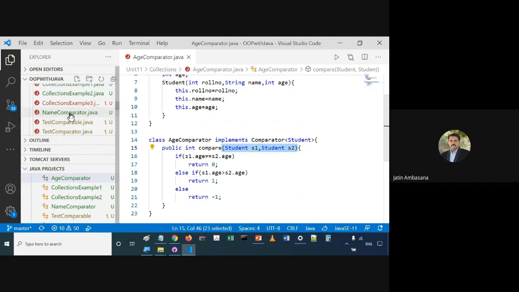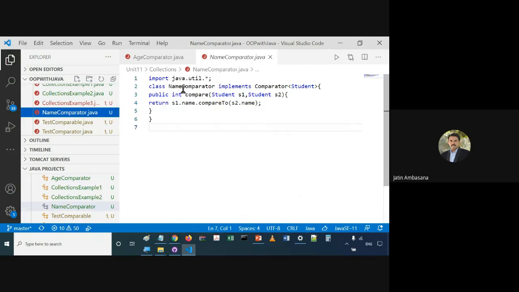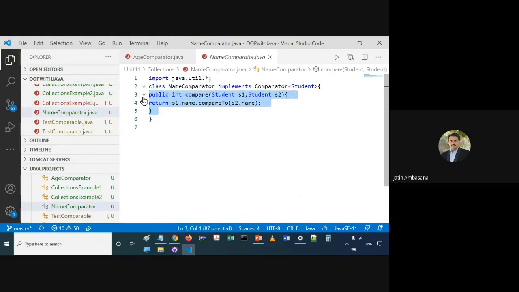Then we also have another example called the NameComparator class. See over here, in this NameComparator class, we provide a method called compare. This NameComparator also implements Comparator for Student, so it provides the compare method. Two student objects are passed, and then we compare the names of those objects. We say s1.name.compareTo(s2.name).